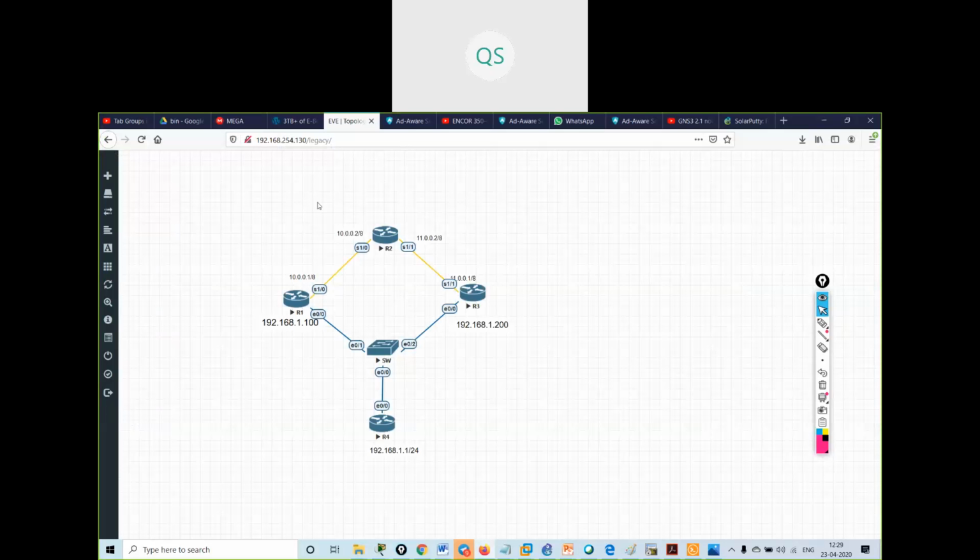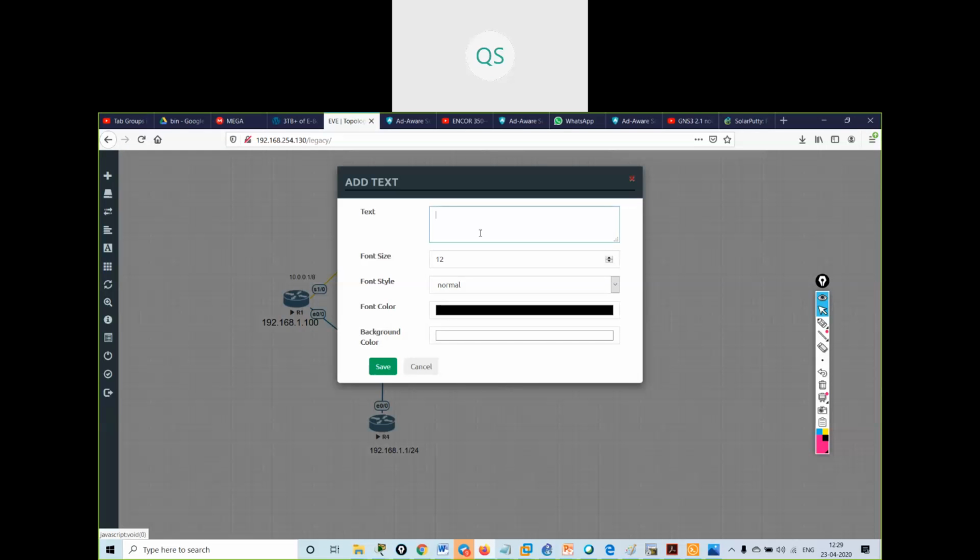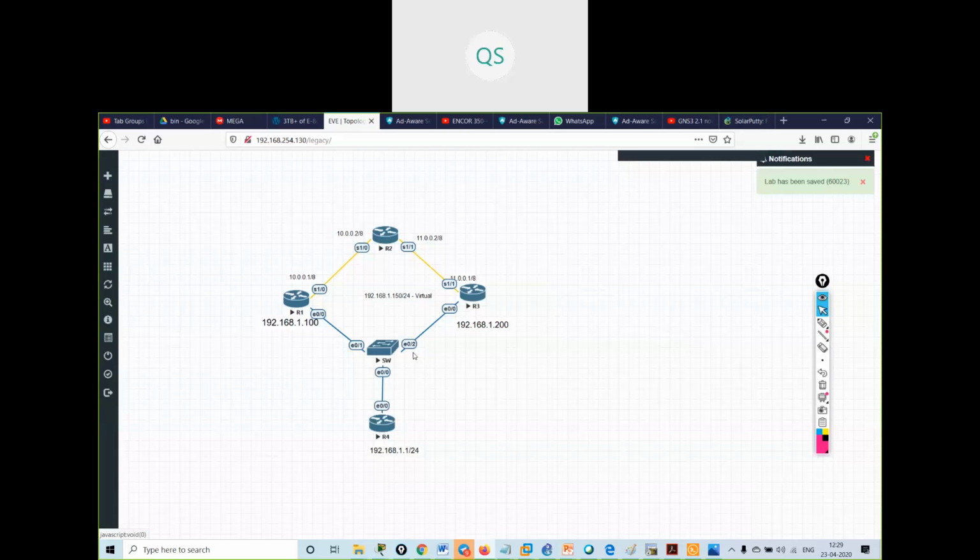See the topology, just what I'm using over here is 192.168.1.150/24 as my virtual gateway. Okay, this is my virtual IP address. Understood? Rest all the things are the same. I have done the same over here.